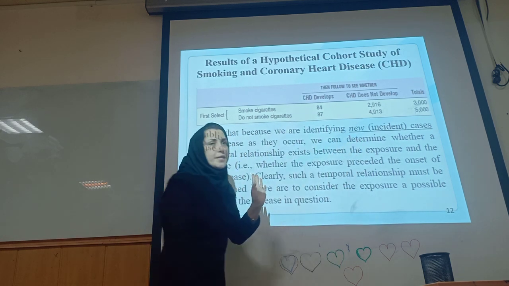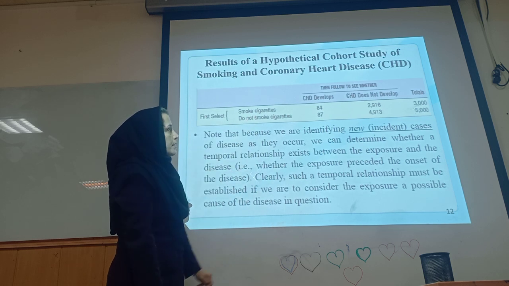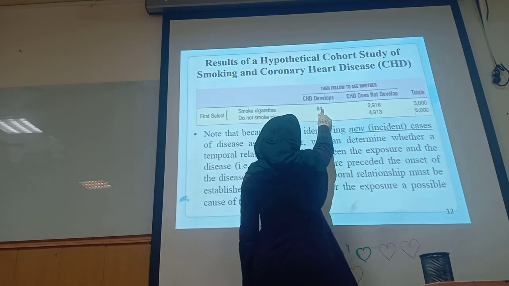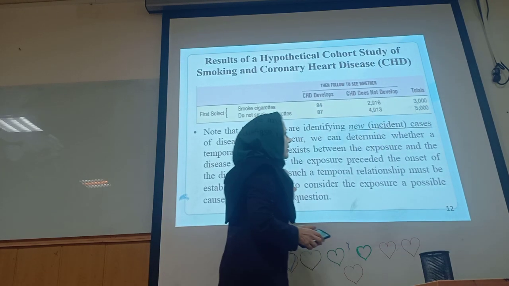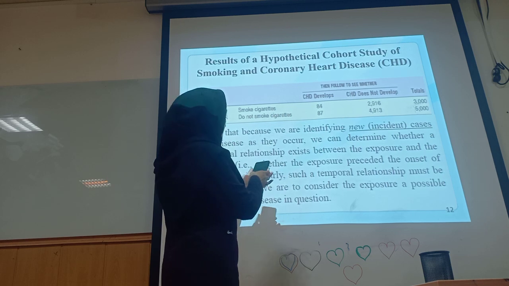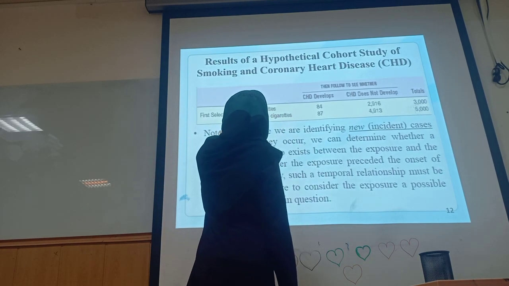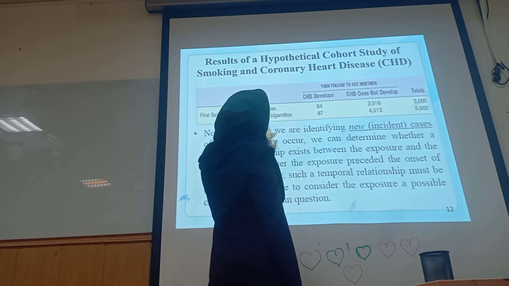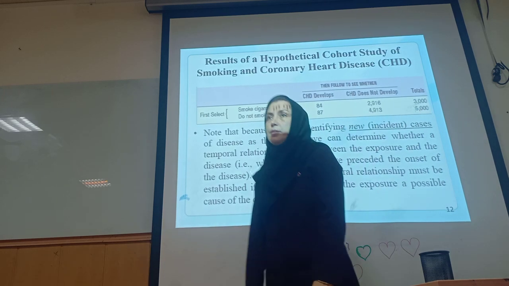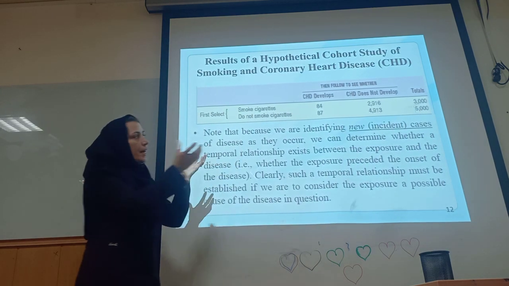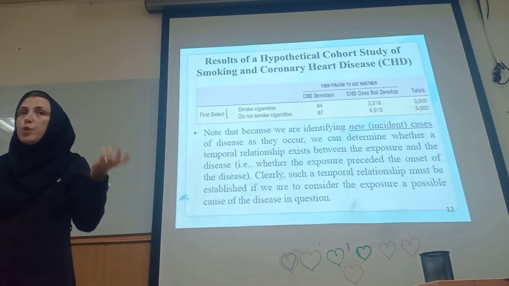So, what is the incidence of disease among smokers? 84 divided by 3,000. What is the incidence among non-smokers? 87 divided by 5,000. And you can compare these two incidence rates to each other